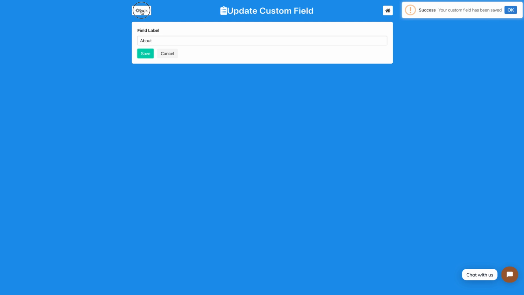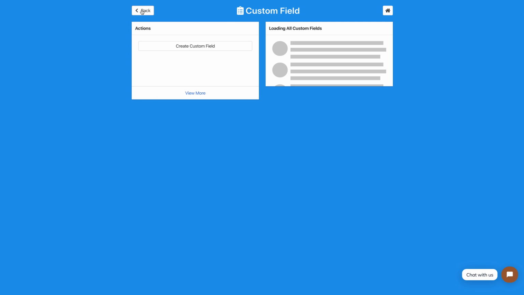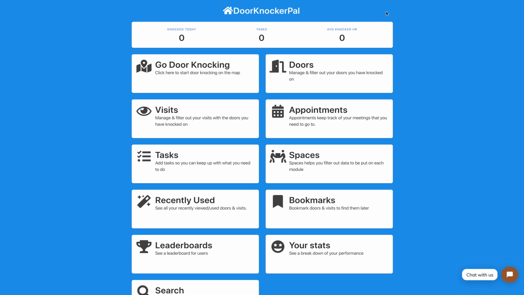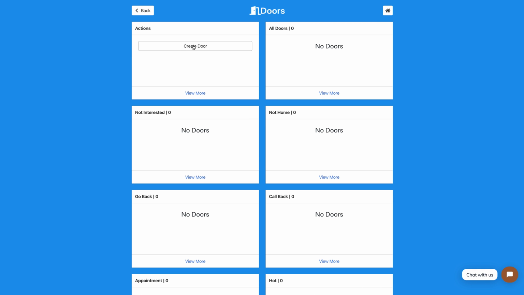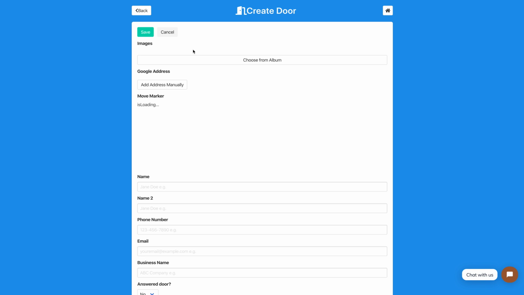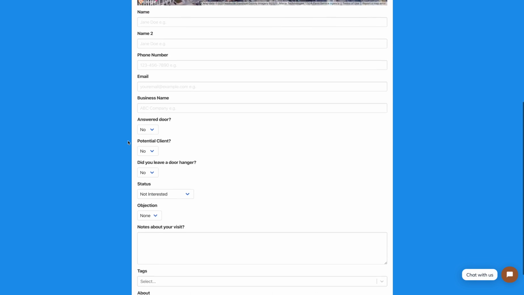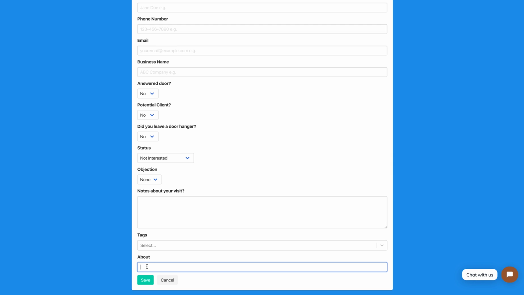You can change the field label right there, and then I'm going to go back to the home, and then I'm going to go to Doors. I'm going to create a door. And now you will see the About field down here, and you can type in it,